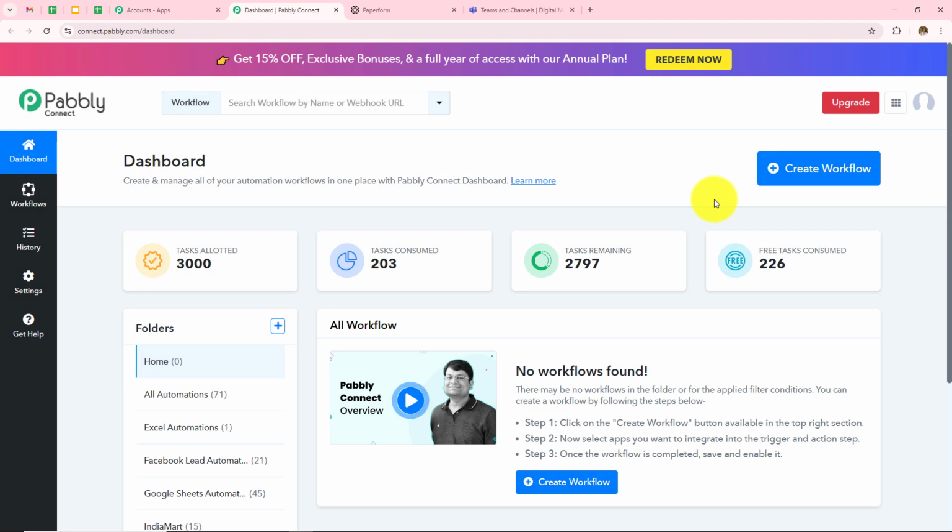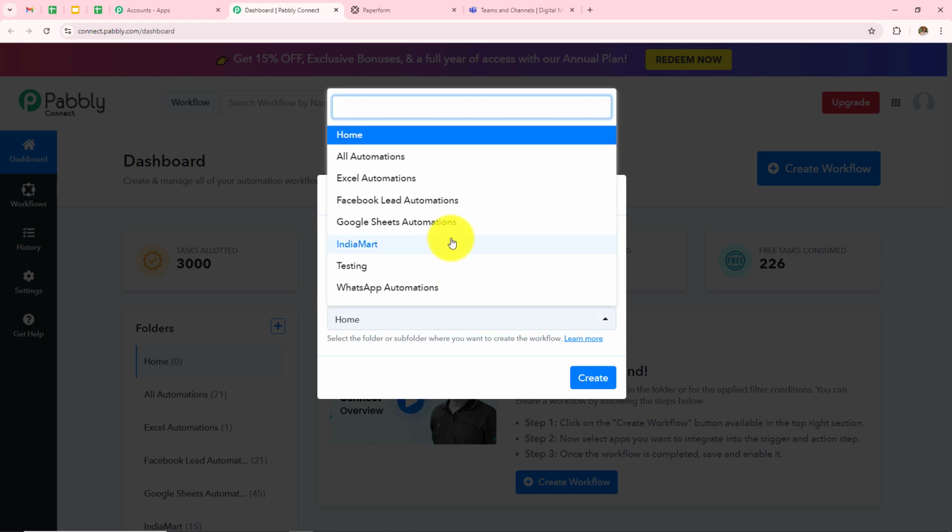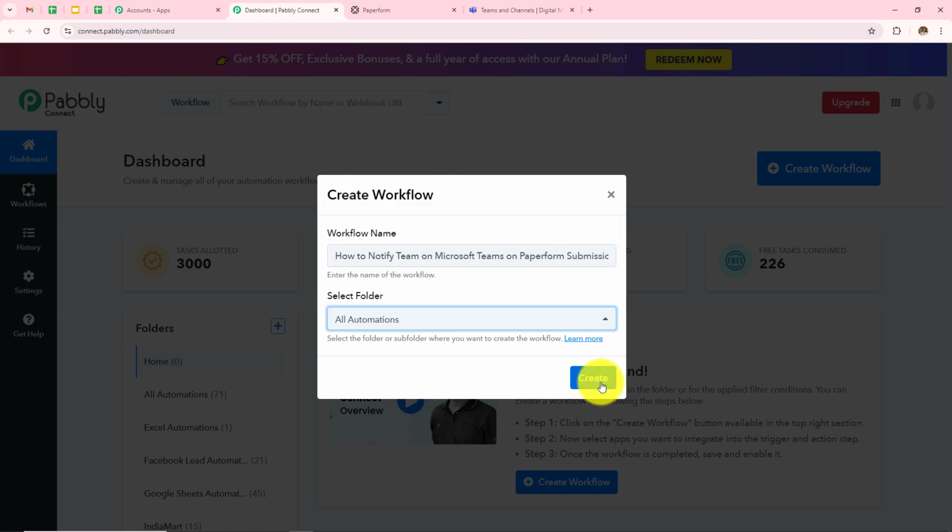For now, I want to create a new workflow, for which I need to click on this create workflow. And first I need to give the workflow name and then select the folder in which I want to save this workflow. So first let's name this workflow as how to notify team on Microsoft Teams on Paperform submission, and now I need to select my folder. So these are the folders that have been created, and I want to select this all automations